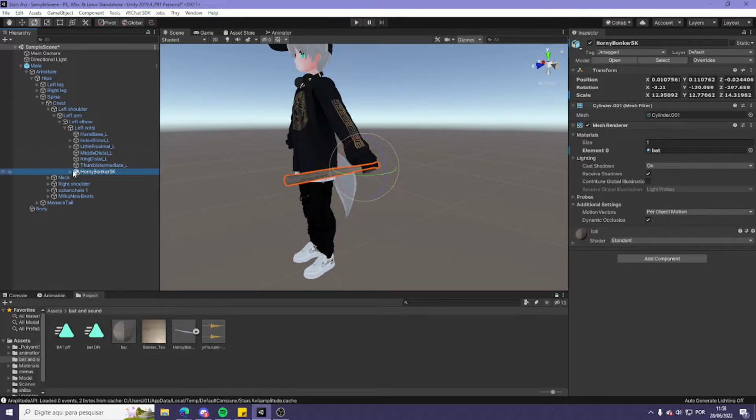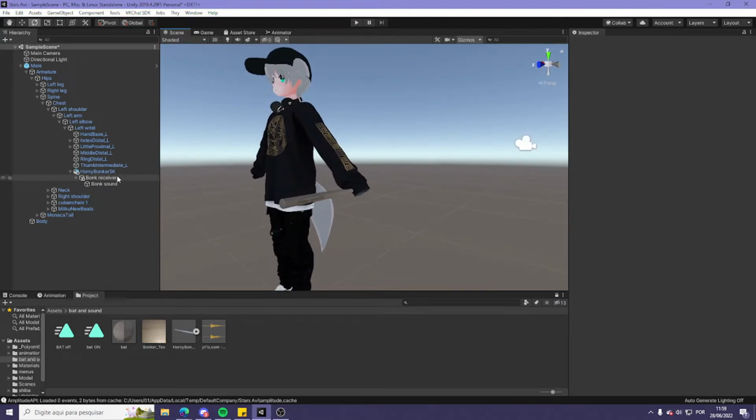As you can see, they're all inside the bat. So if the bat's off, everything is gonna be off as well. That means when the bat is not there, no sound will be played. Alright, so for the bonk receiver,